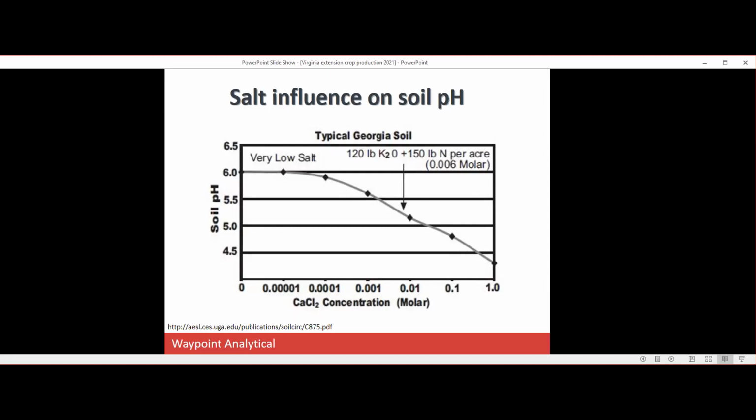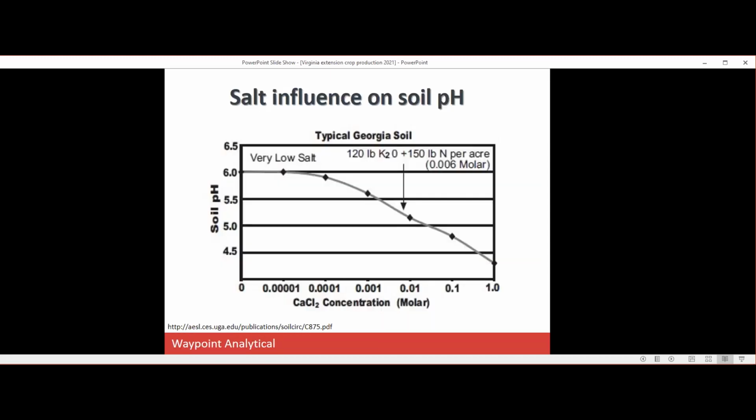So if you put out 100, that's normally a fertilizer practice that you put out for an average of 150 bushel corn crop. And you can see here by just putting out that fertilizer in the soil, you can get basically a significant drop in soil pH, from a 6 down to a 5.3. So if you take a soil sample in the spring and the pH comes back good, and you take it later on in the season after we put our fertilizer out, don't be surprised that your pH has come back about a ½ point lower than you would normally see earlier on in the season, like in the spring.